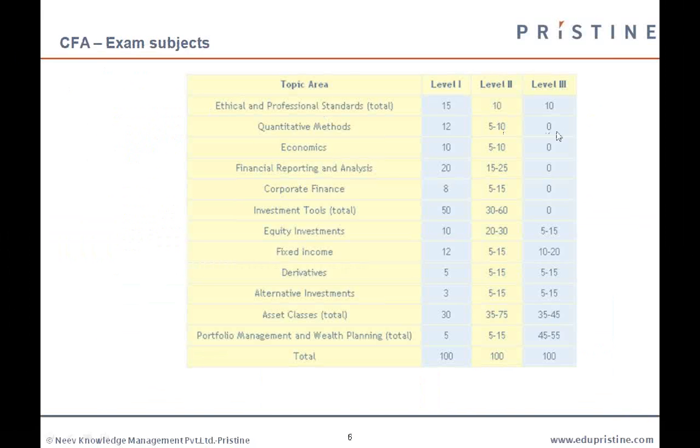So these are the topics that you can expect to study in the CFA Level 1 exam. In fact, Level 1, Level 2, and Level 3 are all given here. If you look at it, quants is given a weightage of around 12%, and it decreases progressively, 5% to 10% in Level 2. There are so many other topics that make up your CFA exam, so I don't think this is a problem. I don't think your background is a problem at all.